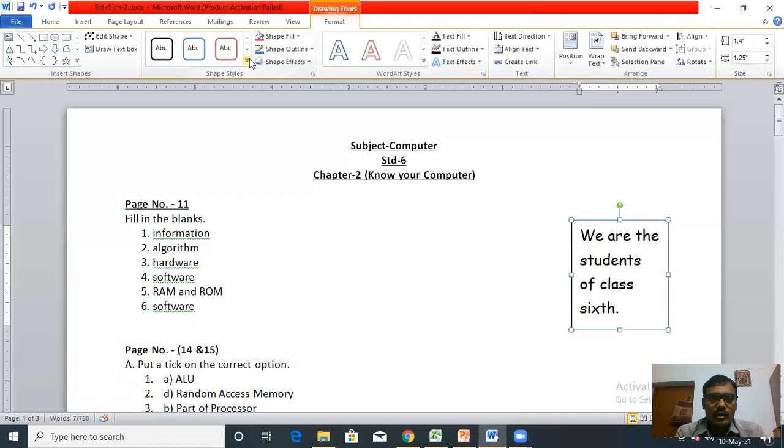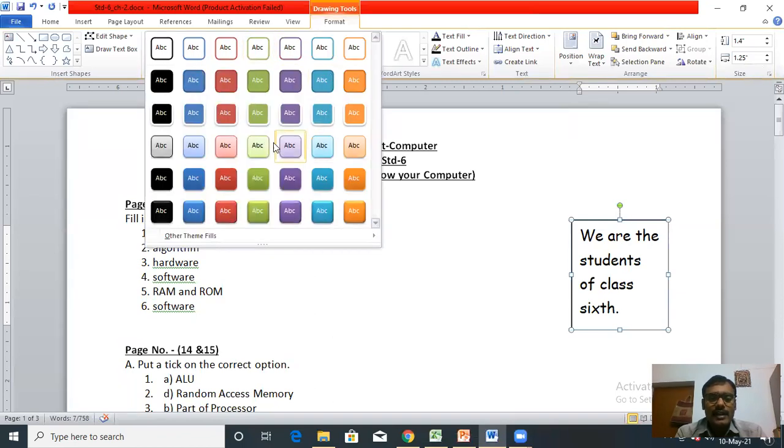You click on this more button. Many different styles will appear in front of you. You can select any one. Your text will appear in the following styles.